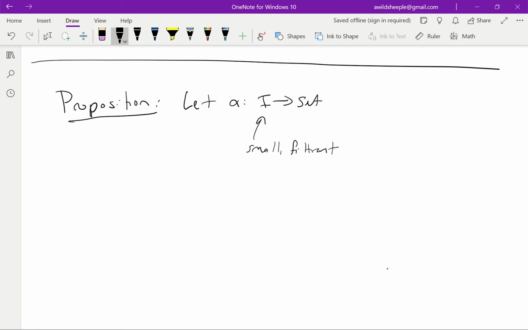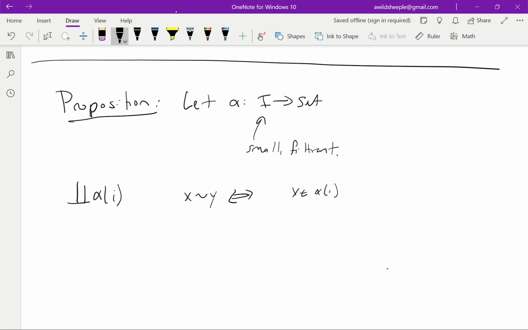Oh yeah, it reminds me. Some people call these filtered, but we're going to follow Kashiwara and Shapiro and call them filtrant. So what we do is we define an equivalence relation on the coproduct of all the alpha i's. So we form this big set, and we declare x equivalent to y if and only if there's an x